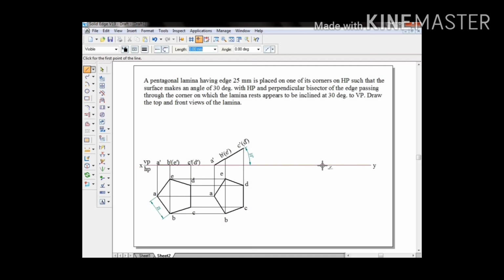Yes, we'll go for the third condition. Since it appears to be so, we can directly take a line here. I'm going to take it in this direction at an angle of 30 degrees. Even to VPT is at an angle of 30 degrees. So you can take either way. Right. Select this as a projection line. I'm going to draw in this way. Any method is fine. You can draw the inclined line on the other side.